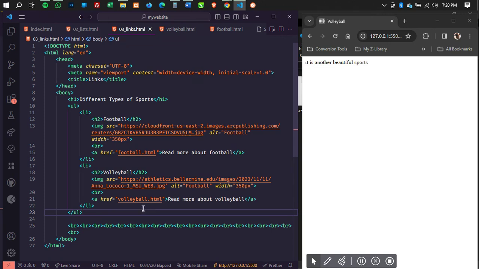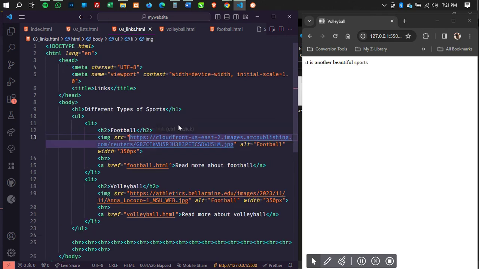And so when it comes to HTML, let me give an example. Looking at the image source I brought over here, you realize that it started from HTTPS, and then it included everything about the website. Are you getting it?